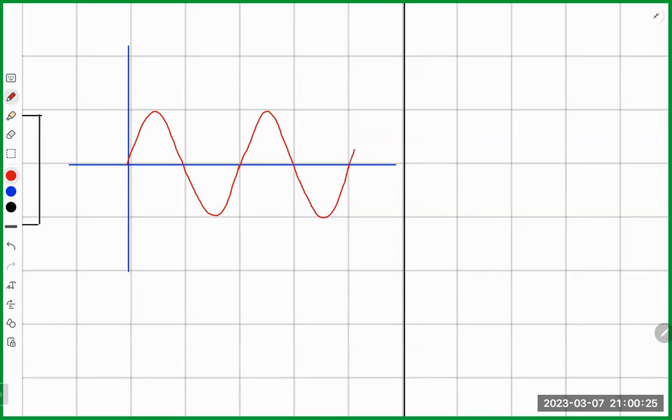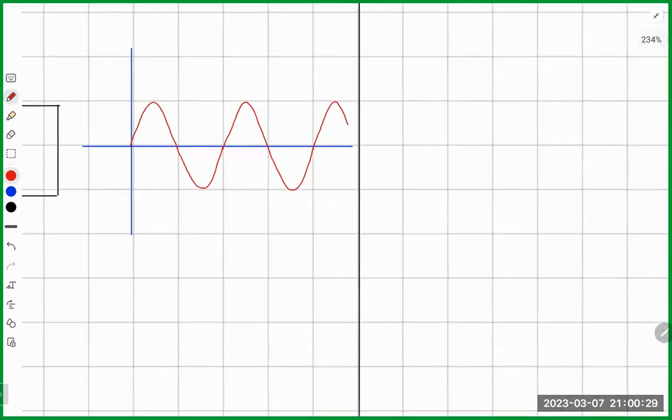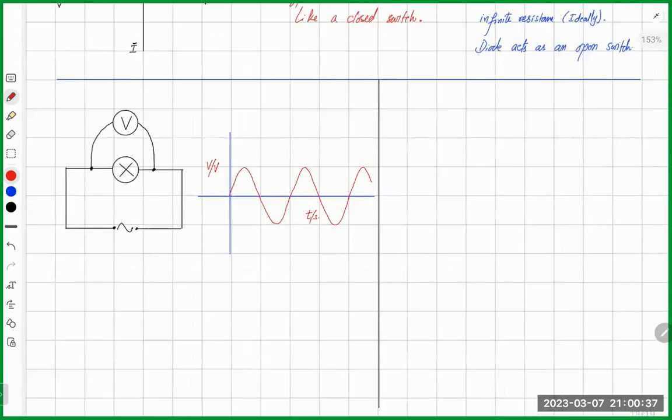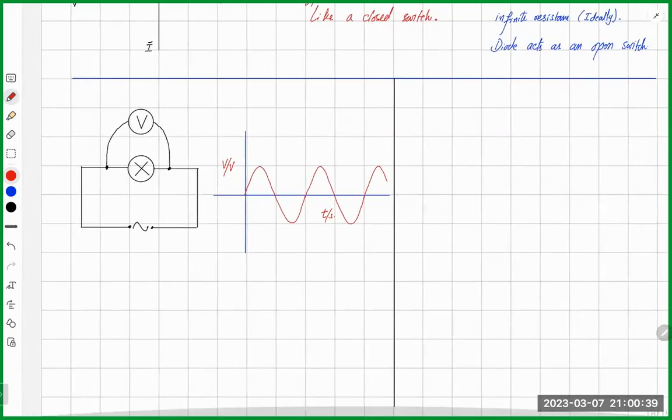Okay, we should expect this. This is voltage in volts, and this is time in seconds. So when there is an alternating current, this is what we should expect. What if